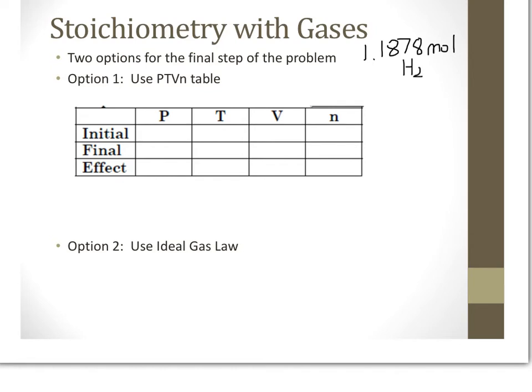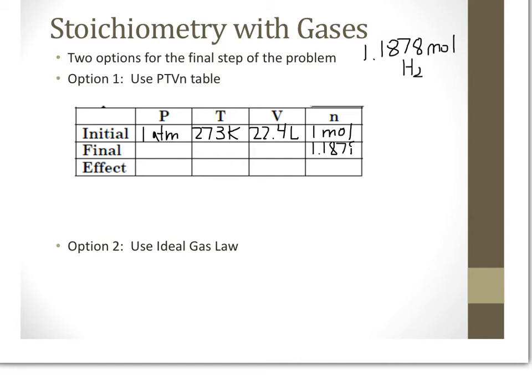If you want to use the PTVN table because you've got those calculations down and you don't want to worry about it, you're going to compare things to STP every time. So STP is 1 atmosphere and 273 Kelvin. The volume for STP is 22.4 liters, and the number of moles for STP would be 1 mole. And we would compare to that